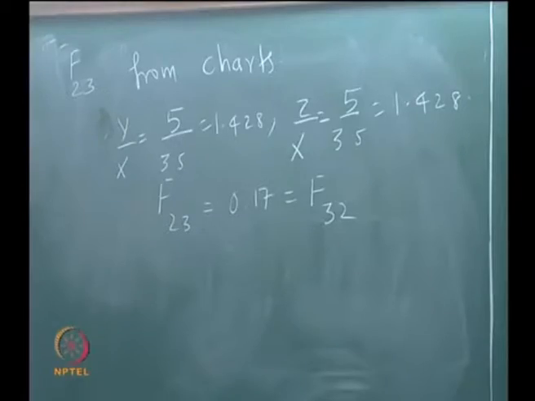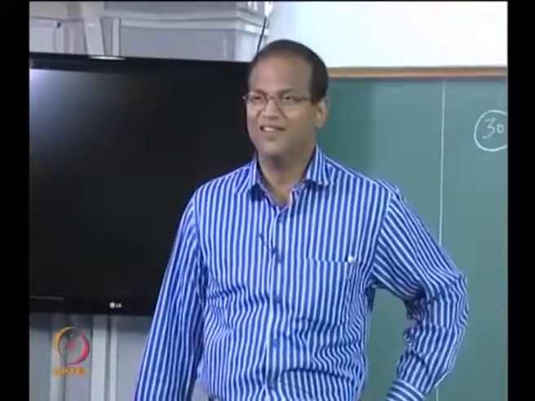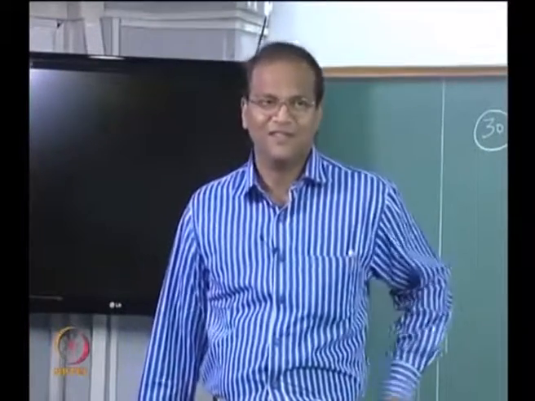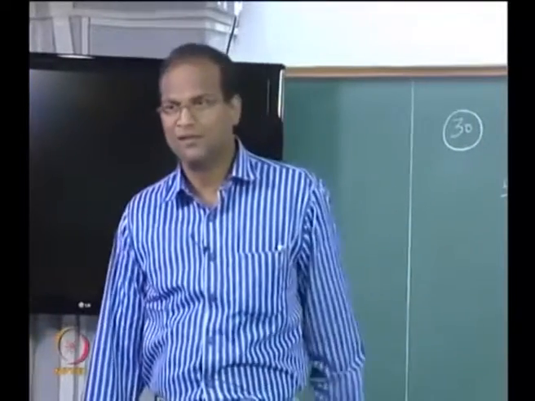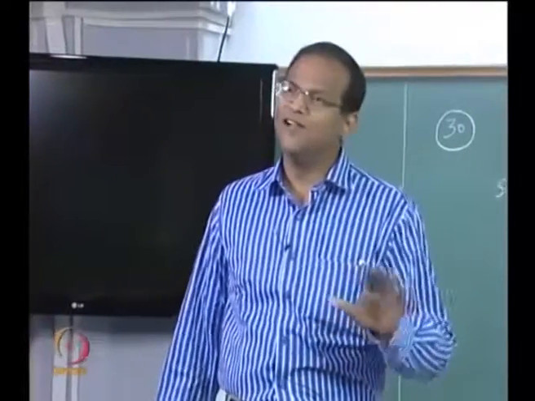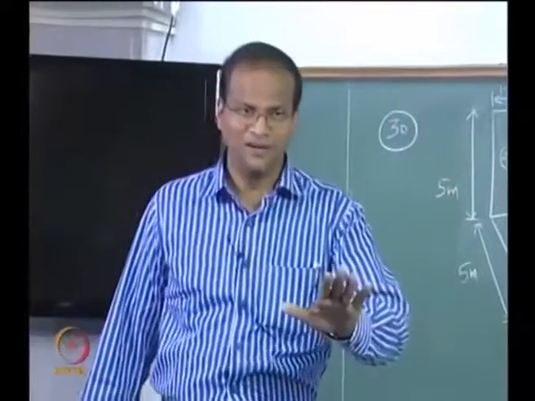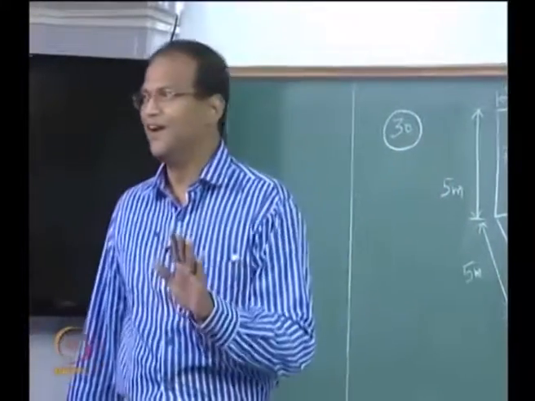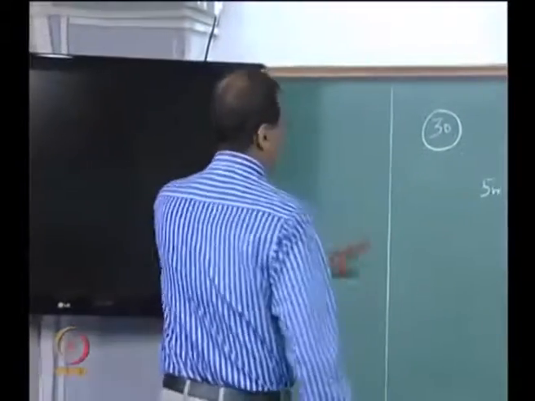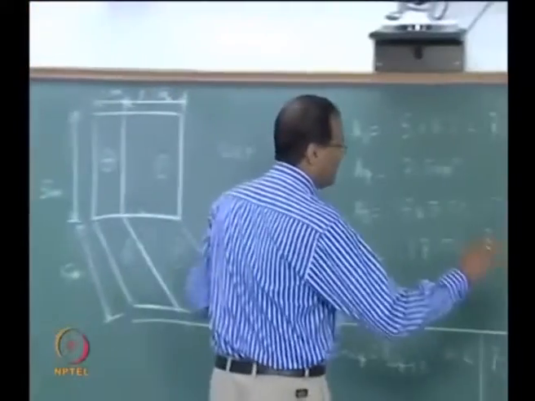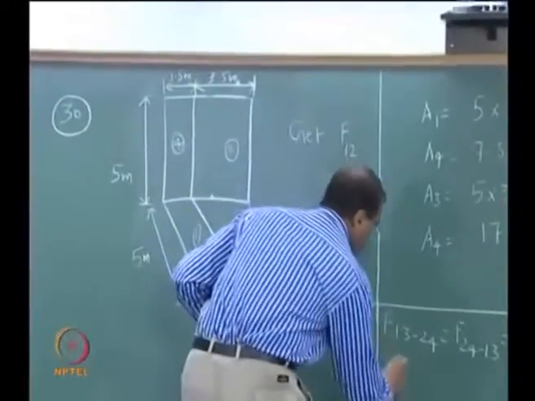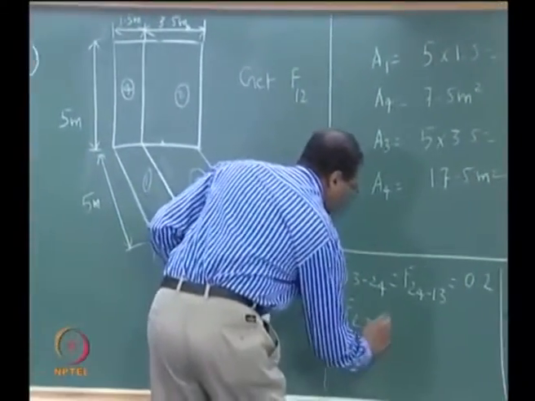Yeah, we will do it slowly. 30 to 40% is over now. So regardless of the difficulty level of the problem, all of you can do up to this stage, right? No great thinking involved. So if you do it systematically, at least we will know that you are able to follow. So F23 equal to